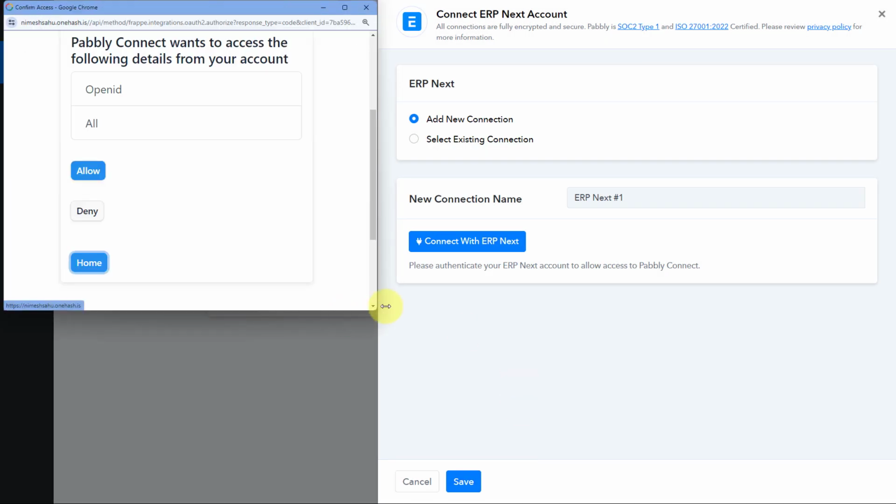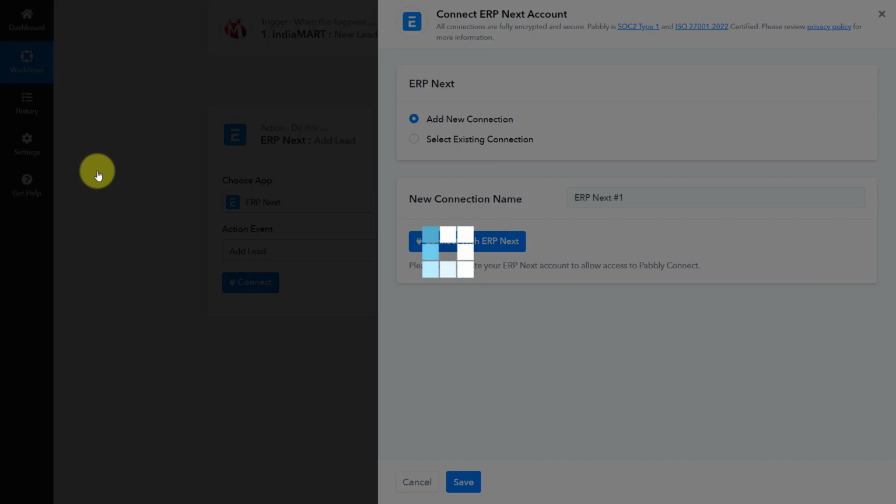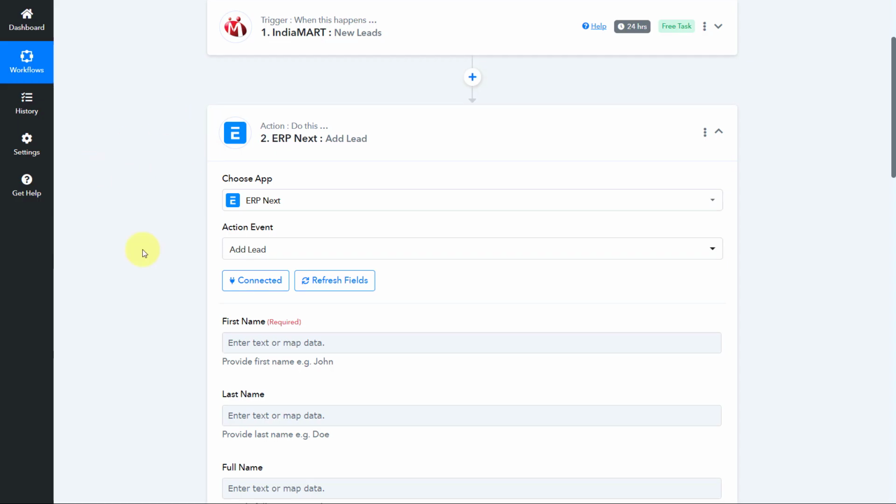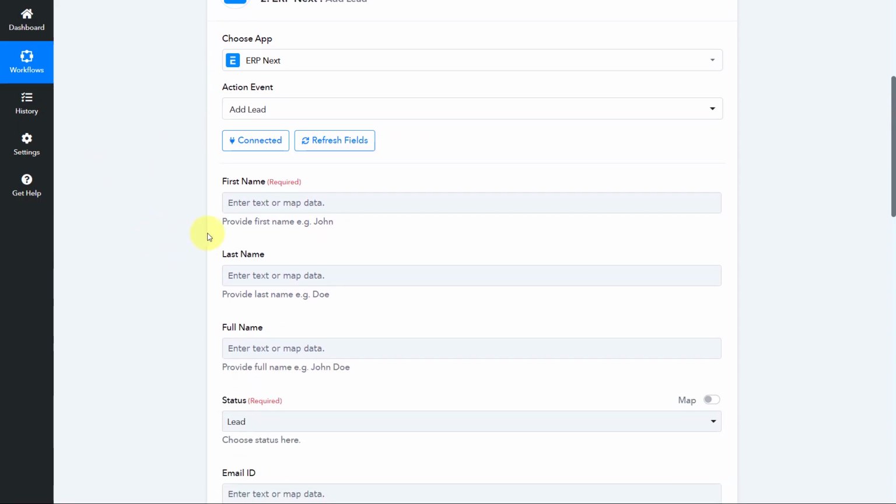And as we click on save, here you can see because we have logged into our ERPNext account in our browser, in this pop-up, it is asking us for the permission. Just click on this allow button. And as we click on allow, we will see our ERPNext account will get connected with Pabbly Connect. After making this connection, the first thing it asks us is the first name. So here we have to enter the first name of the new lead which we want to add in ERPNext